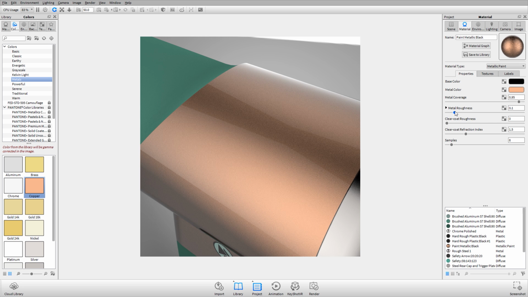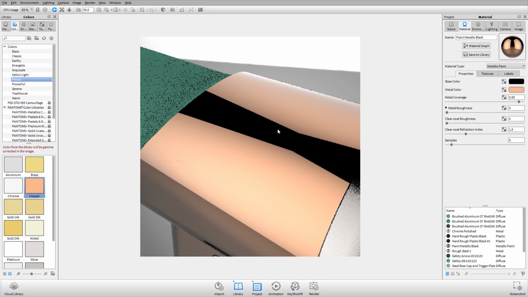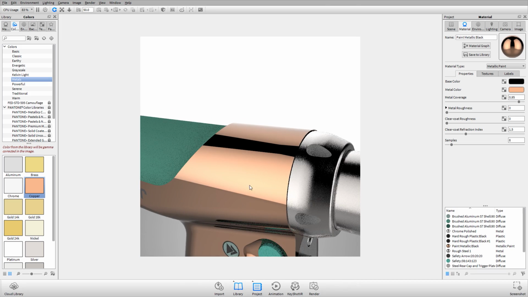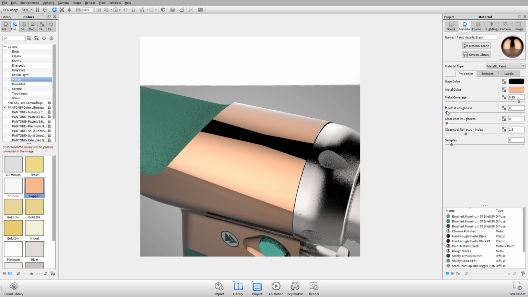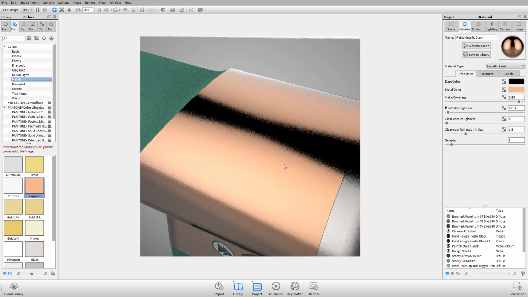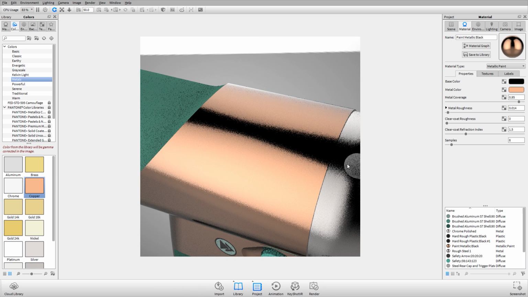If I drop that down to 0, bam, now we've got this really strong copper color. What's really cool here is that we can fine tune exactly how much roughness we want. So we can control the interaction between that metal flake and our base color. This is going to give us a really nice deep reflection. And that's actually matching pretty well side by side with our base